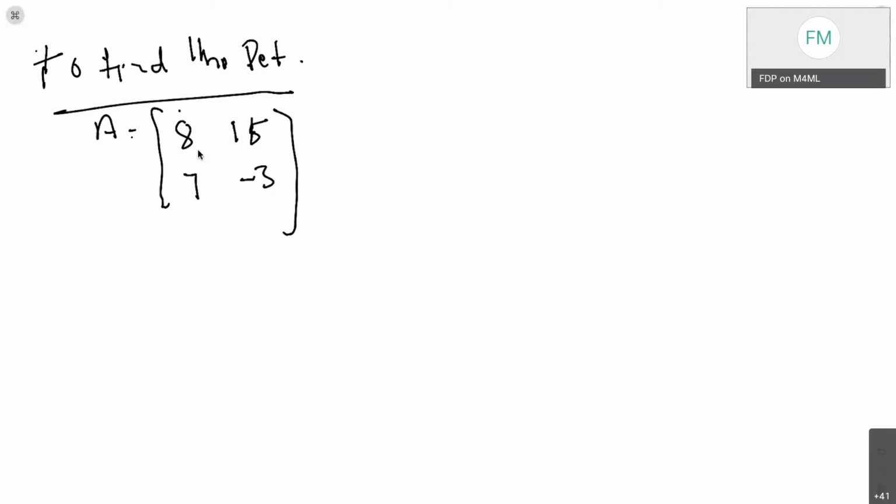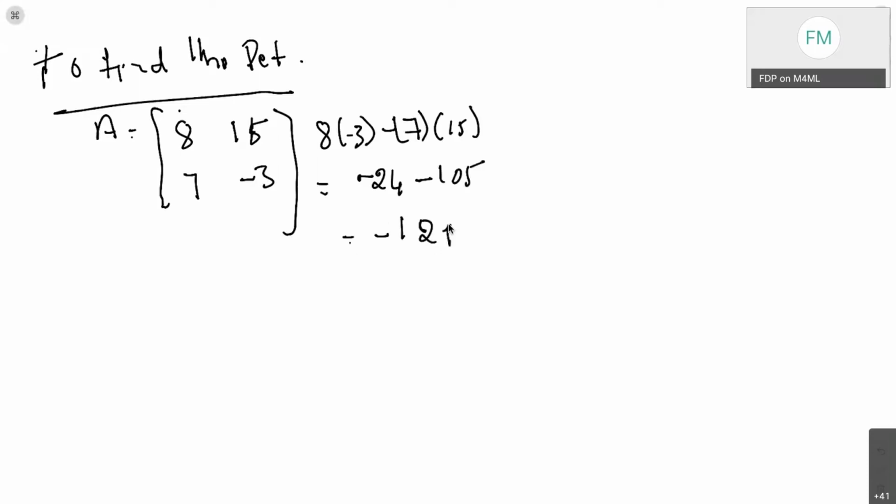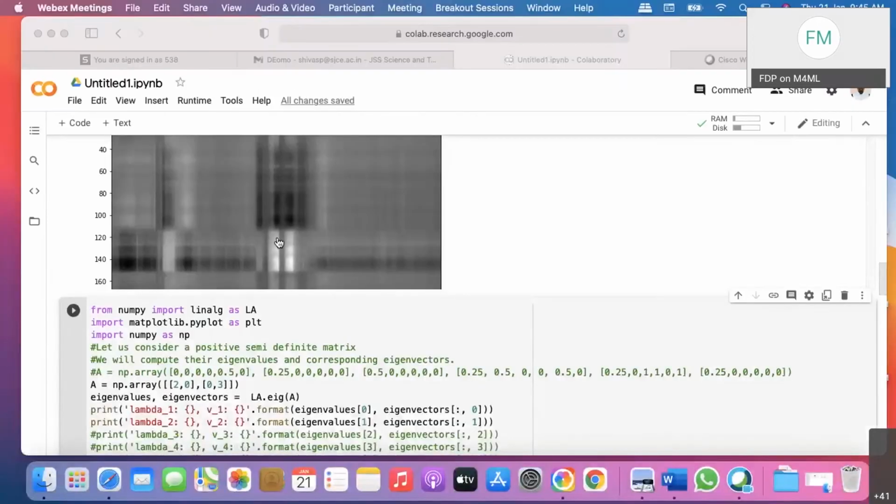Of course, you know that the general rule is this into this minus this, right? So it means 8 times minus 3 minus 7 times 15, right? So that will lead to minus 24 minus 105. So the determinant is minus 129, right? So this is how we generally find a determinant of a matrix, right? So next is